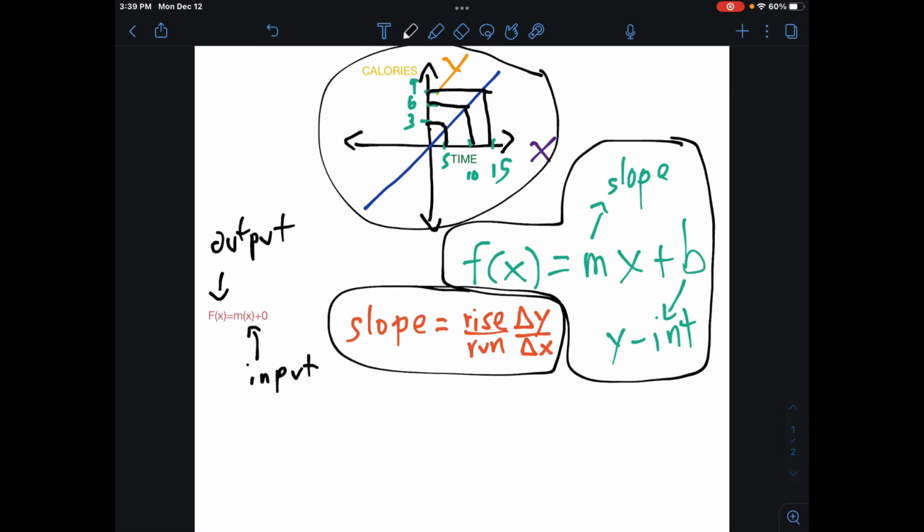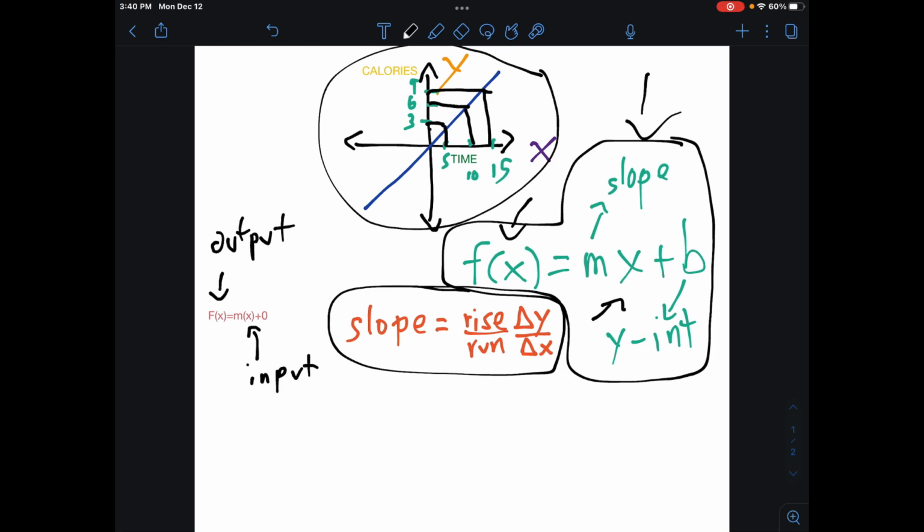Okay, so now moving on to this function. You may be familiar with this, f of x equals mx plus b. It may look familiar to you if you are familiar with the slope-intercept form. We have just replaced the y with the f of x, and that is to represent the output, which just shows us that whatever we do with the input of x, it's going to directly affect the